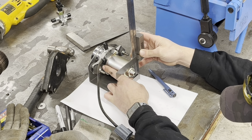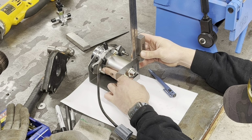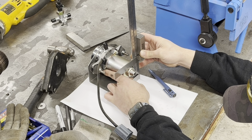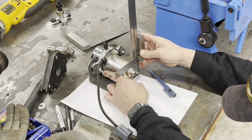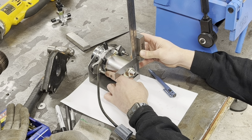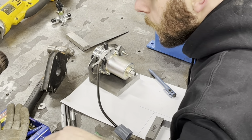So from the bottom of there to the top, that pump will go with 60mm, because the weight of the pump's pulling it down, I think. So we've got 60mm. So to the top of there is 60mm, and it is,